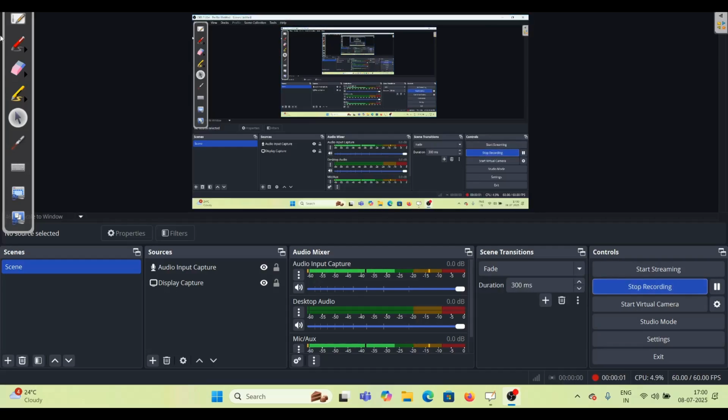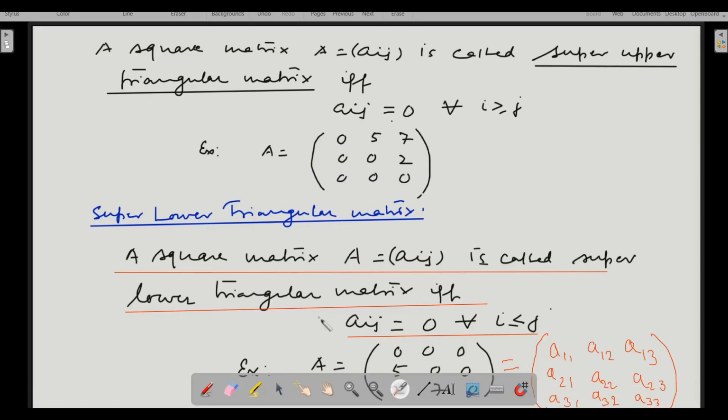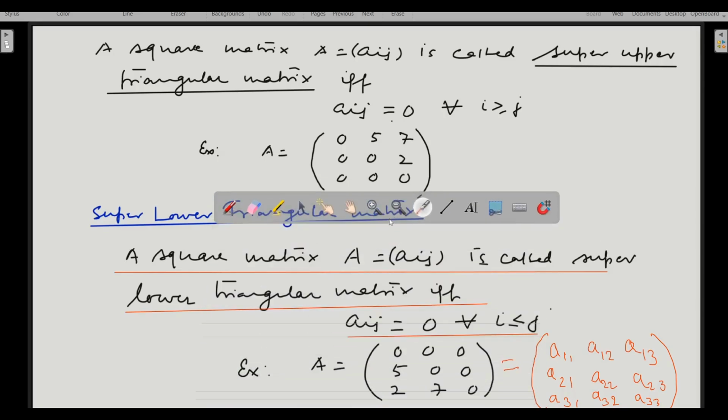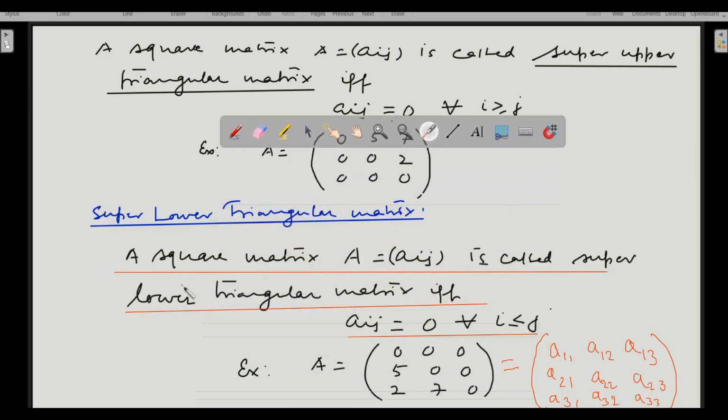We will learn about lower triangular matrix, super lower triangular matrix in this particular class. So what is super lower triangular matrix? Have a look. This is the underlined definition. This is the mathematical definition: a square matrix A equal to Aij is called super lower triangular matrix IFF, if